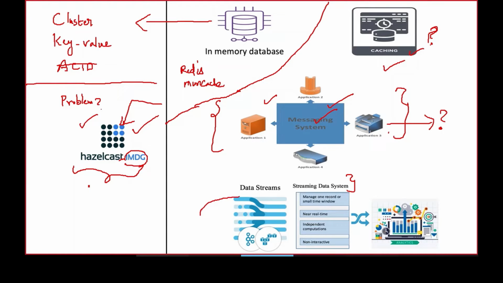And in fact, the product which represents the streaming system is not Hazelcast IMDG. Hazelcast IMDG is part of it, but we need to combine Hazelcast IMDG with another product called Hazelcast Jet. So within this workshop itself, you're going to understand caching, messaging, as well as streaming. So what kind of problems do you address